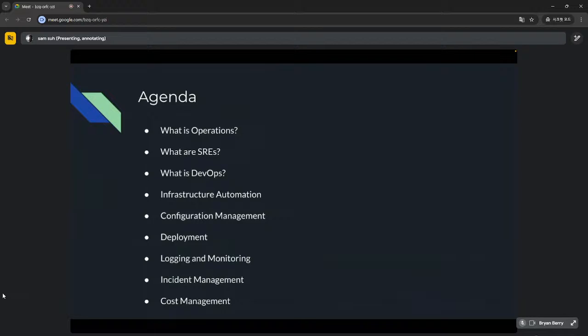And then deployment, I think you guys know what deployment is, but there's typically a process for deploying things, and part of DevOps is to make sure that everyone is following that process, so that nothing blows up on a Friday and then everything's down over the weekend and everyone's panicking all weekend. And logging and monitoring is more of an internal thing, so that you can keep track of things, make sure things are up and running, make sure things are not breaking, make sure everything's talking to everything. And then incident management is when something happens, when someone deploys something that breaks everything. How do you know it's broken? How do you know what's broken?